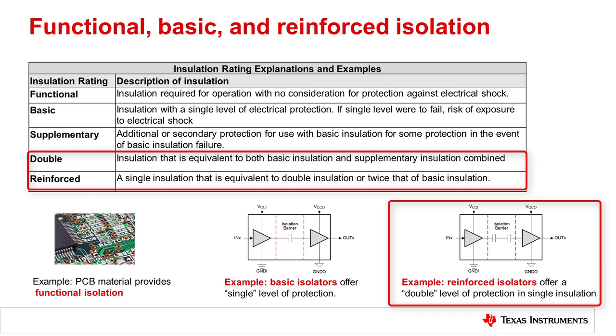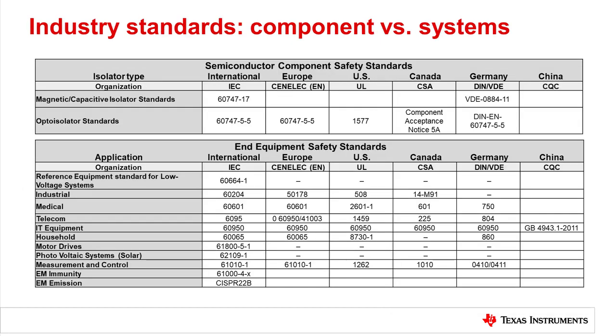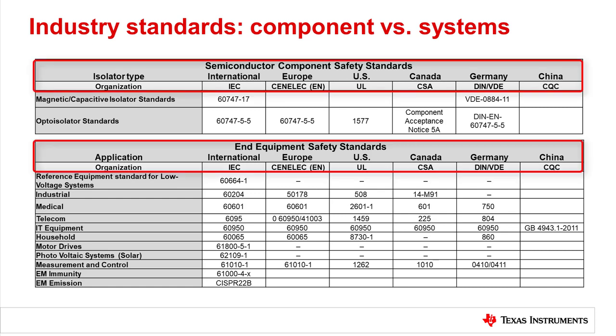As an alternative to using two physical isolation barriers, reinforced isolation is used in high voltage systems. Reinforced isolation might look like a single level of isolation, but has the high voltage electrical strength, reliability, and shock protection equivalent to two levels of basic isolation. Determining which isolation rating is required for your solution requires matching component ratings to industry-approved safety standards.